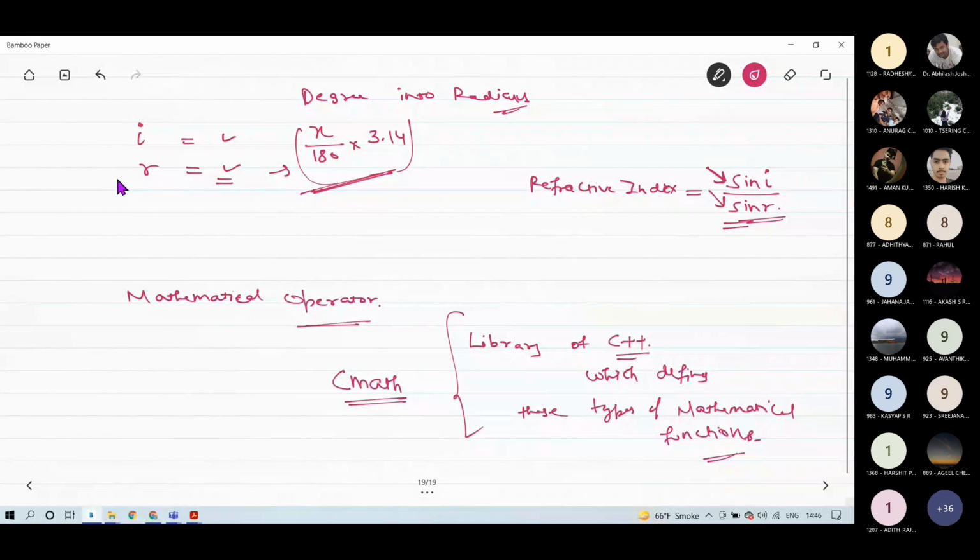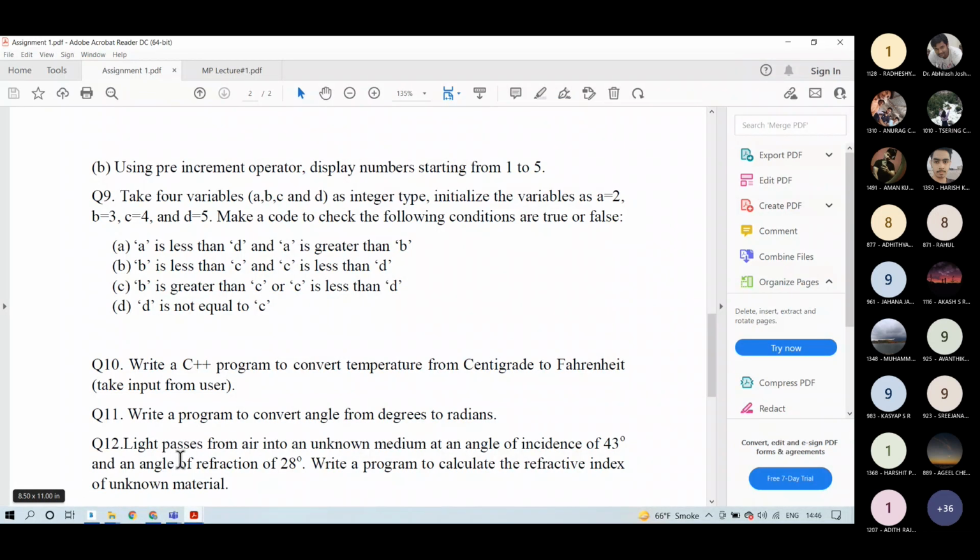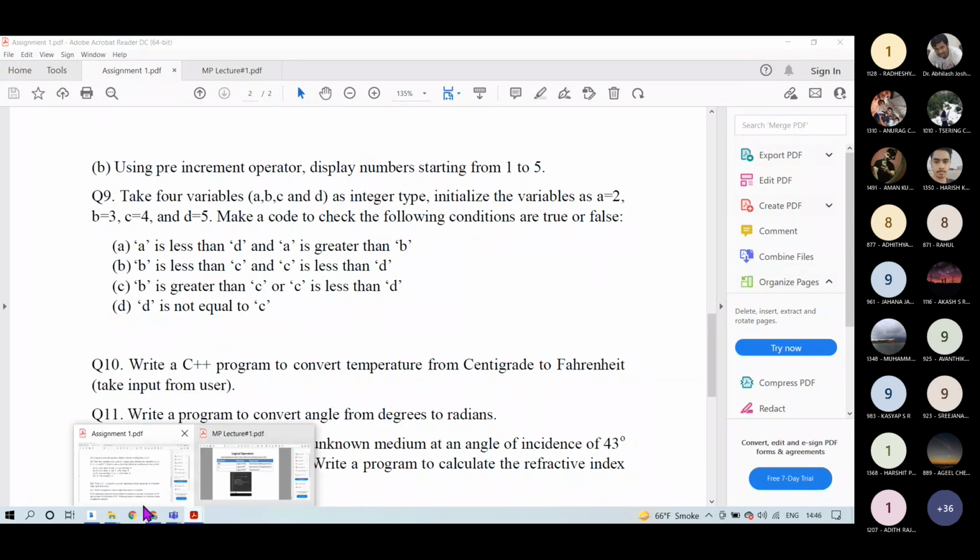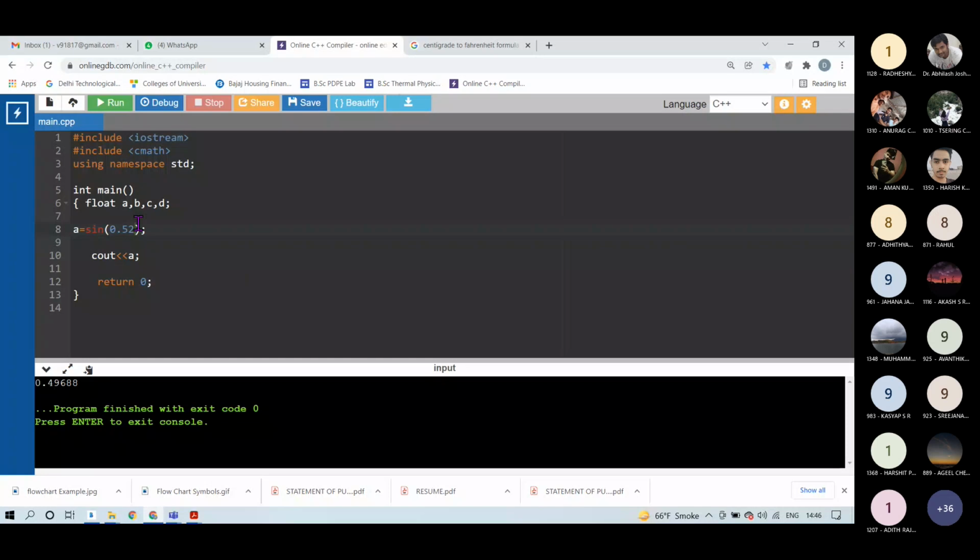So in the question it was given 43 and 28. Let's say I want to calculate the value of sine 43.